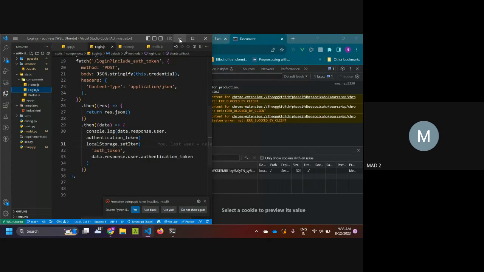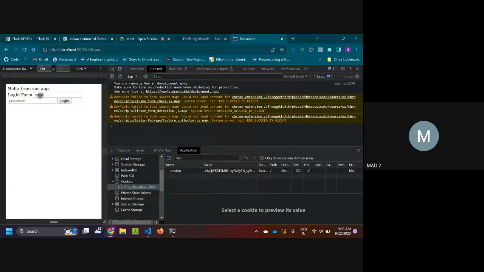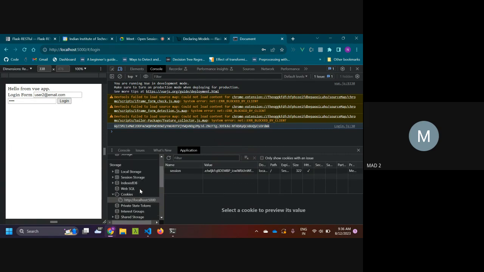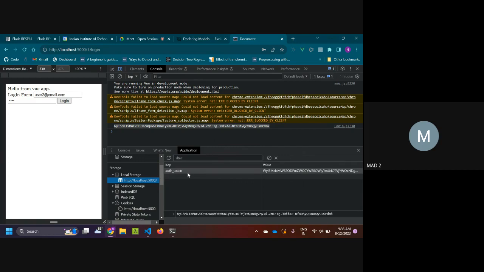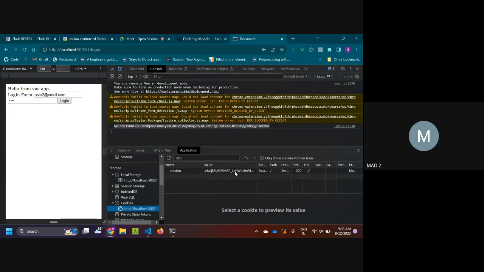And let's go and run that. User2@email.com, I guess this was the email, and 1234. Let's log in. You can see that we are receiving this authentication token, and along with that we are storing the authentication token inside this auth token here. So we are storing it inside the local storage, and also we are getting this cookie from the server,